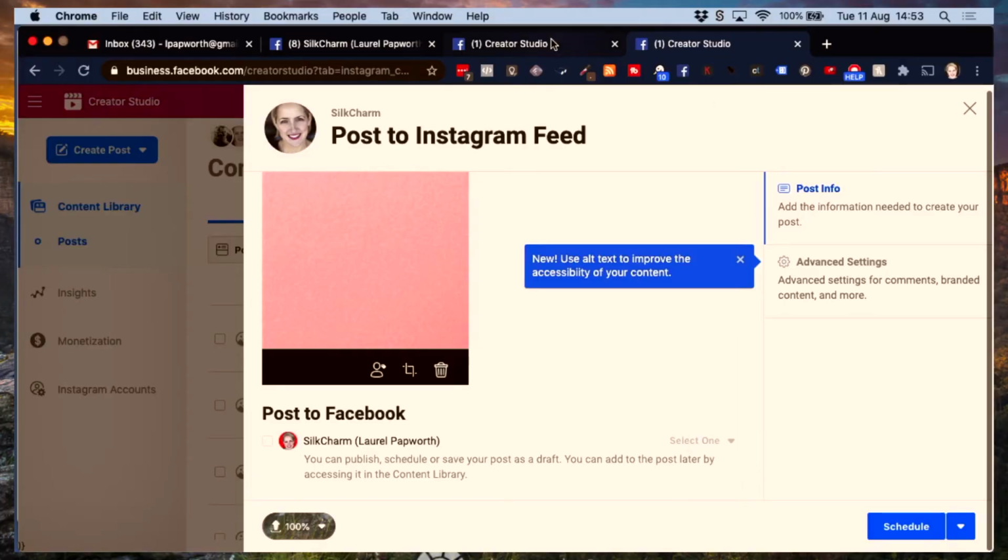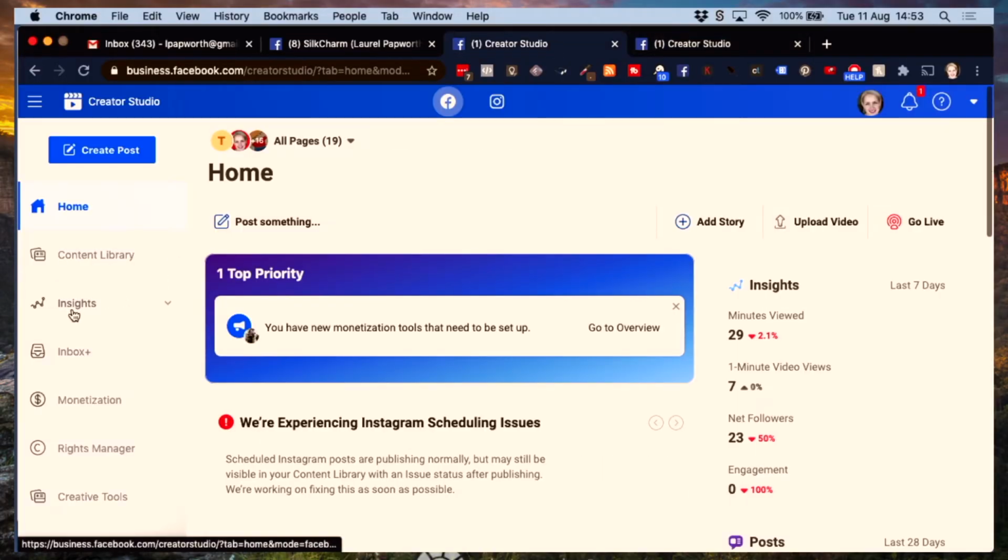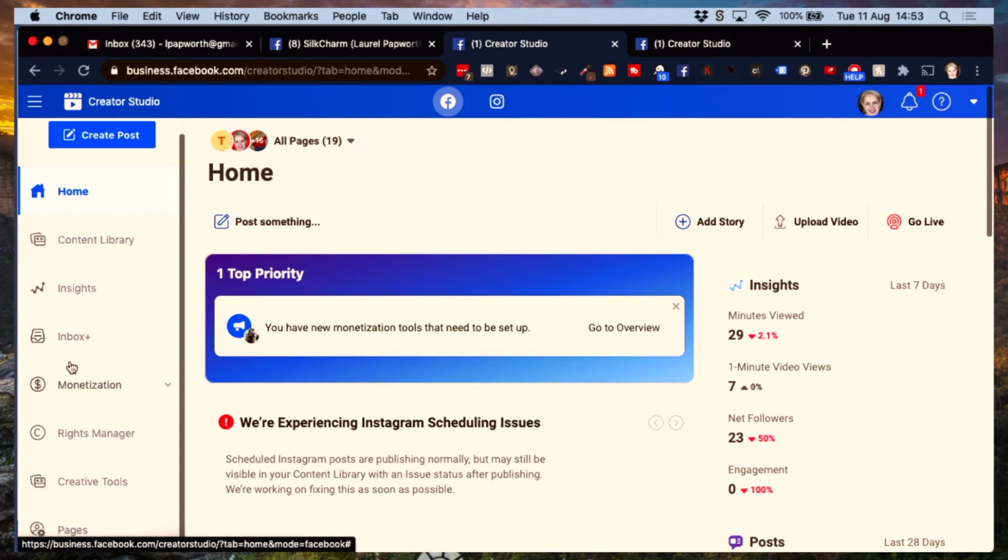Have a look around Creator Studio. You get all your insights in there, so all your analytics, your inbox is there so that you can see people who've responded to lead ads and surveys and giving you their email address and things like that. There's quite a lot of information in Creator Studio for you, but I wanted to finish this on a short, sharp, quick way of showing you how to